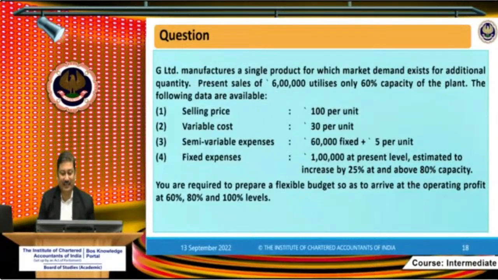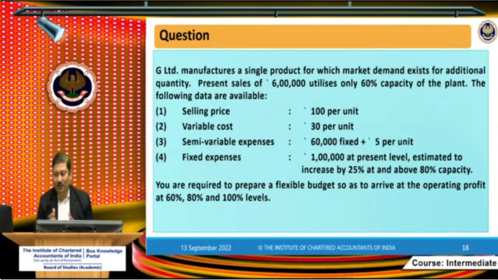Now let us take this particular question. May examination, yes, the budget question was very good. We can't say whether it was difficult or easy. I think when the suggested answer comes, you will be able to check whether it was an easy or a difficult question.